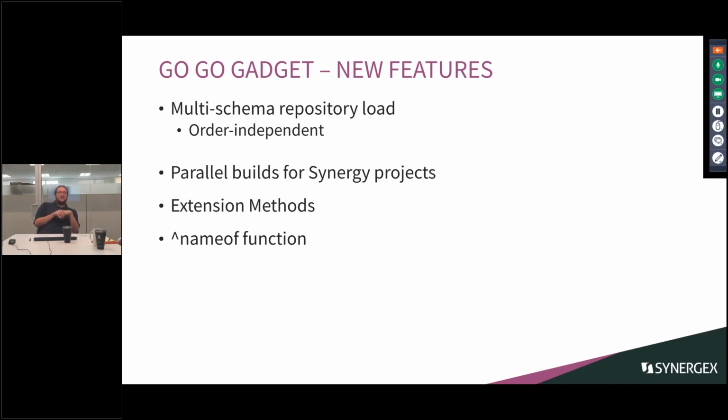So then the nameof function. This one allows you to take a specific thing in your program and use nameof. So I want the name of this thing in here, and it places it as a string in your program. And this is great to save on typing if you need to put it in at multiple places rather than